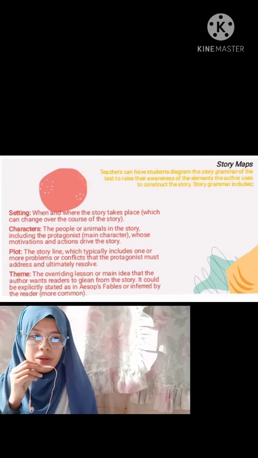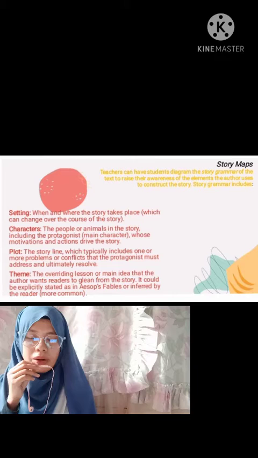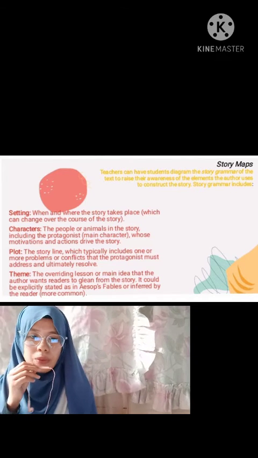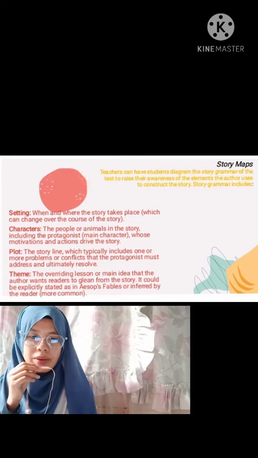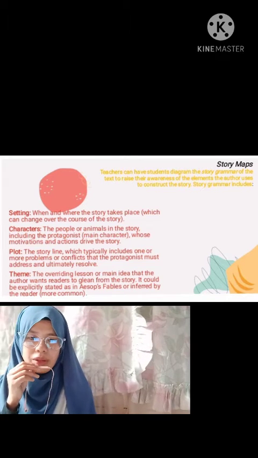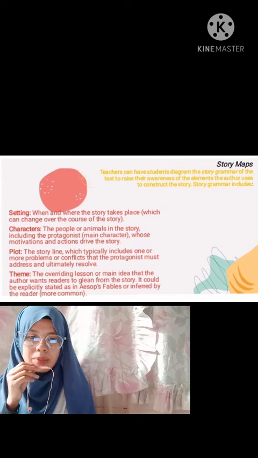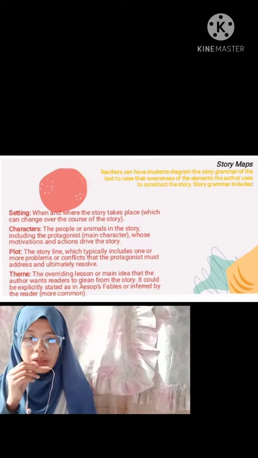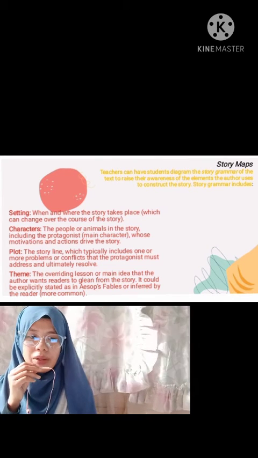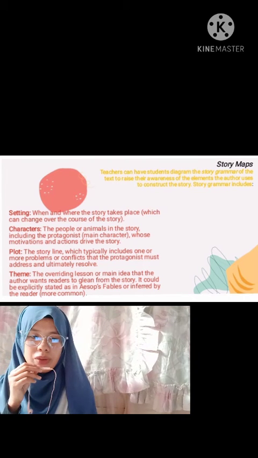So, story grammar includes settings, characters, plot, and theme. Settings: when and where the story takes place, which can change over the course of the story. Characters: the people or animals in the story, including the protagonist or main character, whose motivation and action drive the